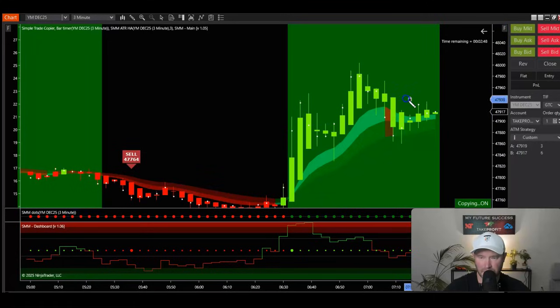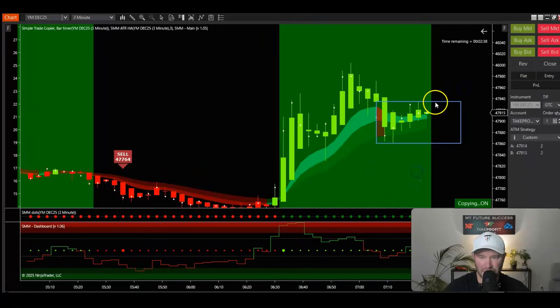Let's go like this. Let's get our box out. You know, I love trading like this. I love this. Here we go. This is our consolidation box that we're looking at. This is where we need this to either break above to the upside or we're going to come back down.